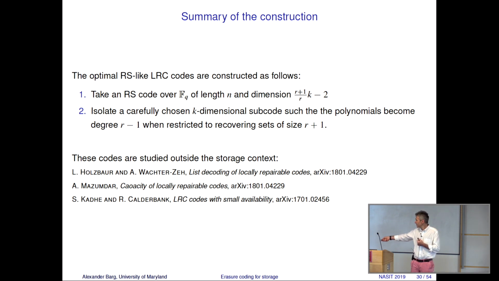And this has been quantified in a nice paper by Arya Mazumdar, on the capacity of locally recoverable codes. The erasure case, the BEC case, is resolved. We know exactly the gap to capacity. The binary symmetric case is open. It doesn't appear that easy, by the way. I have tried, didn't manage. So what is the gap to capacity of LRC codes on the BSC? I don't know.